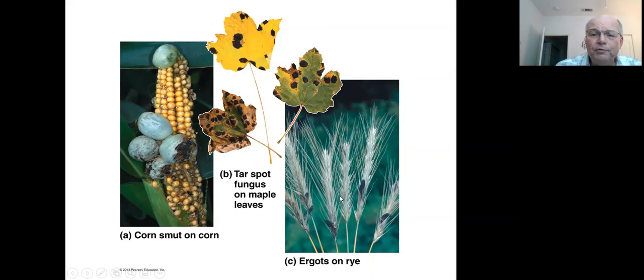Here you've got a type of ascomycete that's growing on rye. In this case, it also grows on barley, that gives rise to a structure called an ergot. That's that purple feature that you can see there. Where this is important is because ergots produce some very interesting chemicals. The most interesting one of all is produced by ergot growing on rye, and it's known as lysergic acid. Now, lysergic acid was first identified as a product of the ergot producing fungi on cereal grains in